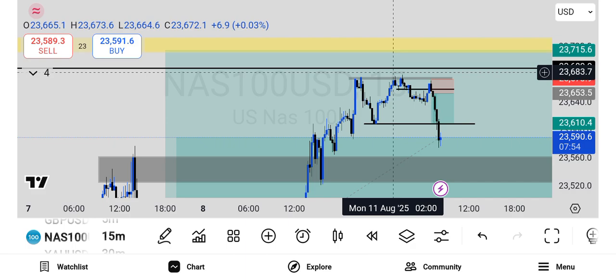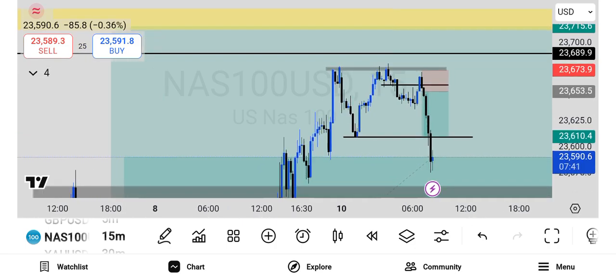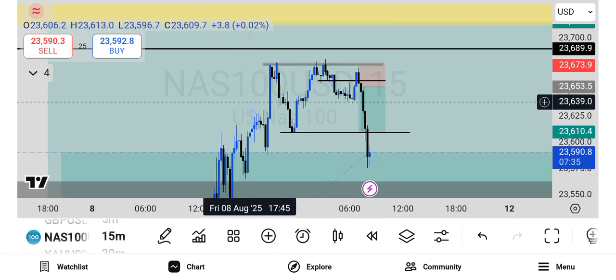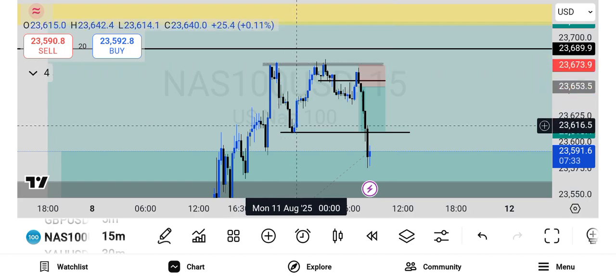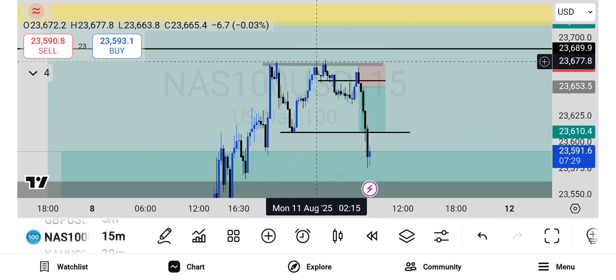So guys, that's how I took my buy trade on NASDAQ. We're pushing pips and profits to the moon, guys. And I also took this sort of scalp trade today, because right now it's Monday, 11th August. As y'all can see, price created a higher high, higher low, and then here it created equal highs, right? And then when we dive on the